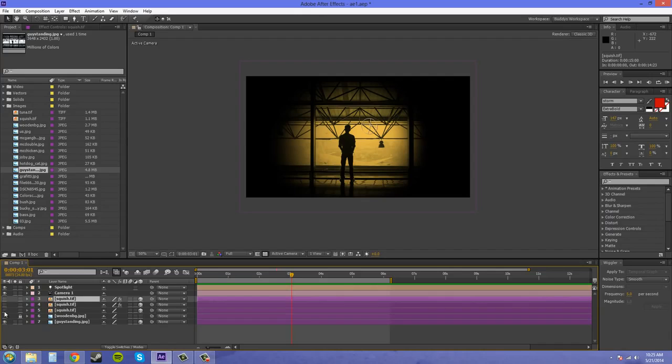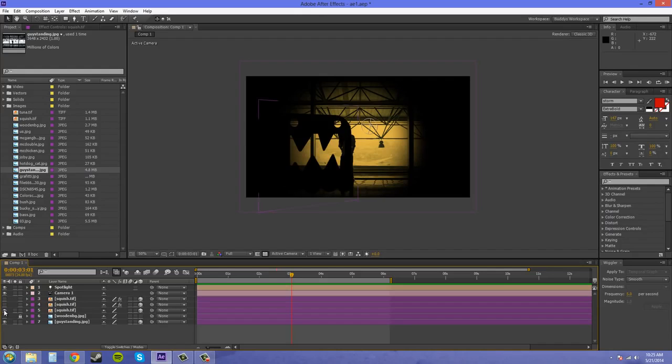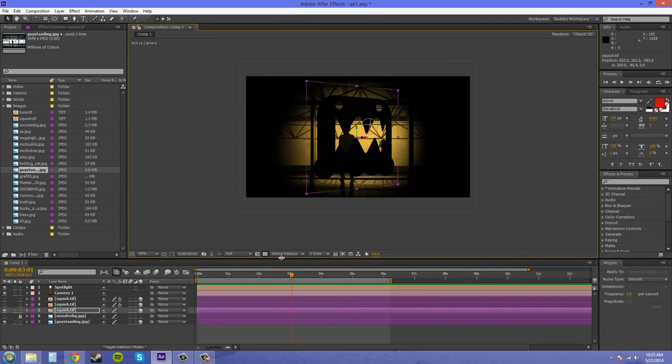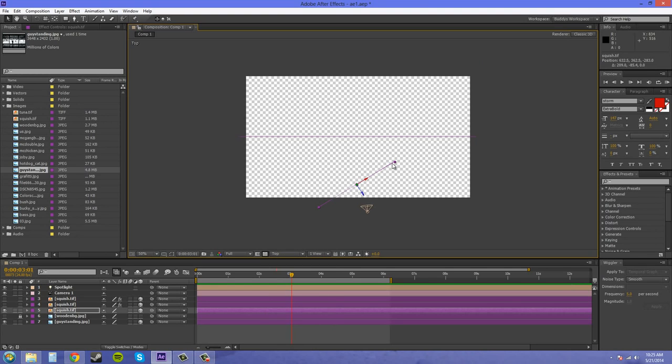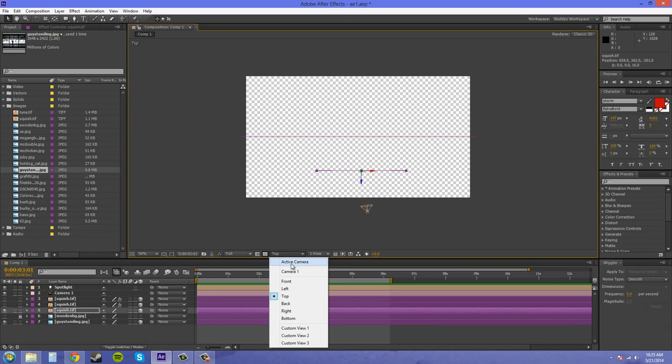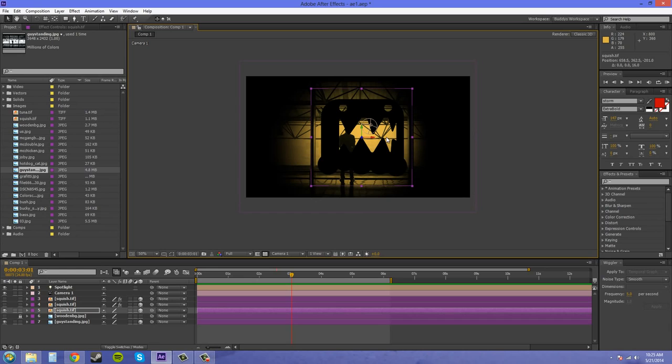Let's see if one's in front. Alright, we got that one. Let's bring in this black one here. And I have to check in 3D space where it is. Alright, it's in front of the light. I'm going to put it back to 0 rotation here and move it just back a little bit. Now this vector has transparency, so the light will penetrate through the transparency here and cast a shadow onto the